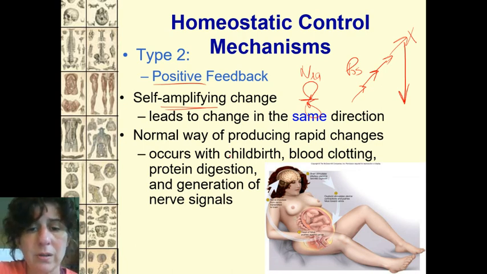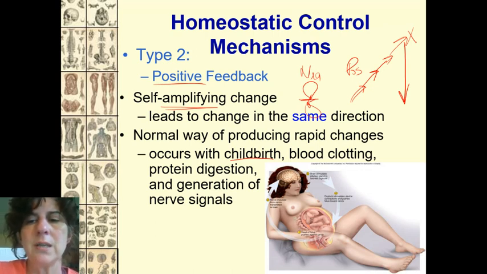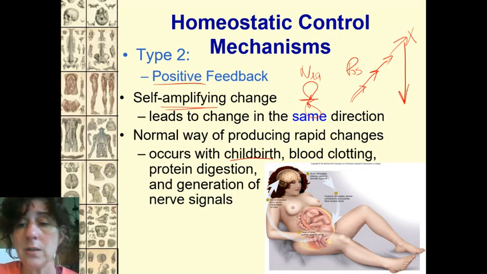For example, childbirth. If you have a child going into labor, right? You have a contraction. Your contraction then stimulates, and it has to do with hormones and stuff, but the contractions stimulate harder contractions, faster contractions. So harder and faster, harder and faster. Baby's born, stop, okay? So for that short-lived term, even though it might be like a 12-hour labor or whatever, it's still considered short-lived in your lifespan.